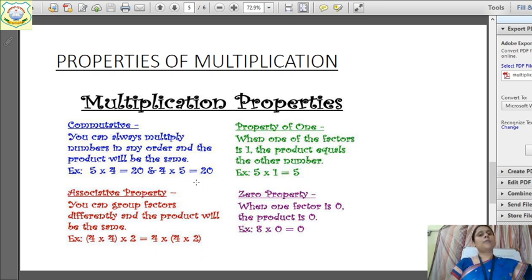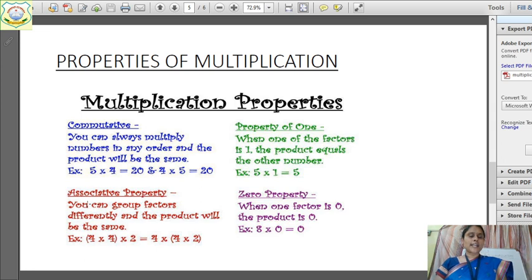Okay, now we'll do some examples orally. Like, for example, 2 3s are how much? Tell me. 6. And 3 2s are also 6. So, in both the cases, you are getting 6. Take one more example. Suppose 4 2s are 8 and 2 4s are 8. So, both the cases answer is 8. What we are doing? We are changing the orders of the number. We are putting the first number second place and second number first place. But the answer remains the same in both the cases.